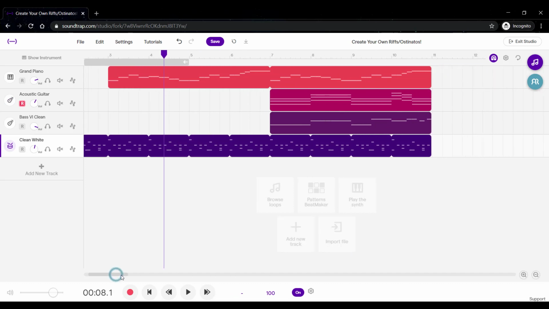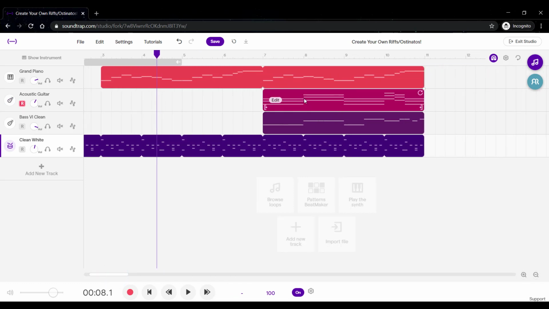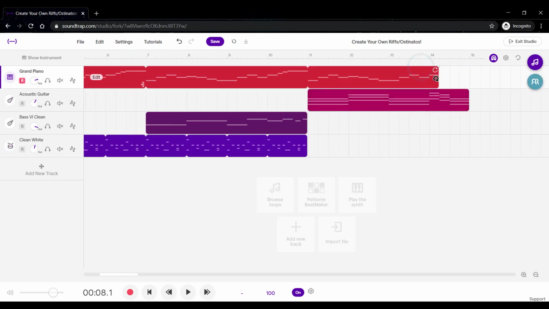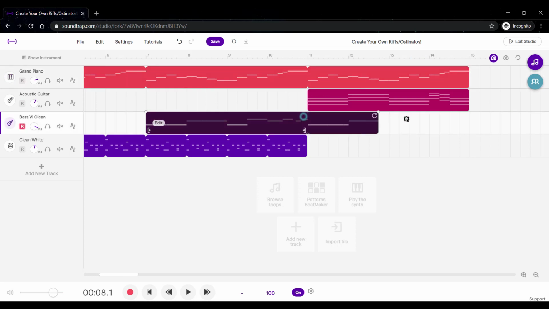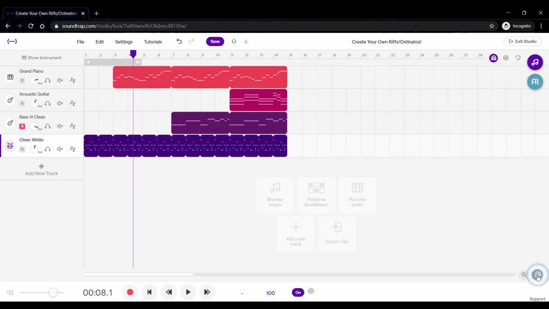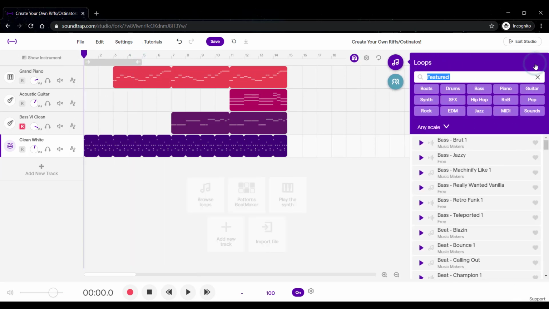We can have our chords coming in maybe here, or perhaps the bass line actually, and we move the chords further down like this to give it a little bit more interest, something a bit different. We can keep looping ideas as well like this, and if we zoom out a little bit we'll be able to see the whole project so far. And then you could even go as far as adding in some extra loops or sounds as well to extend your work even further. So you might want to add something like a tambourine sound,